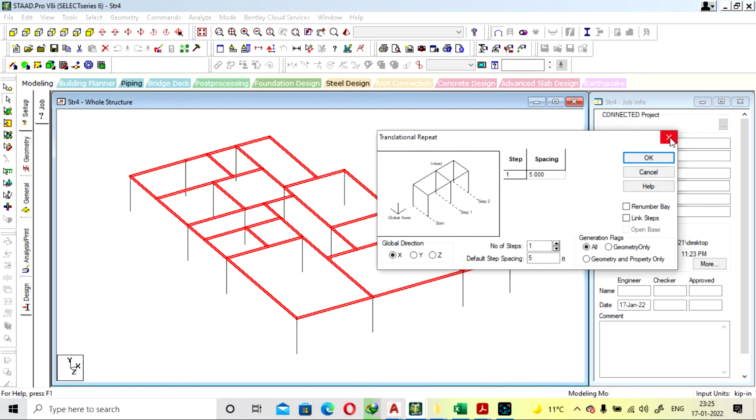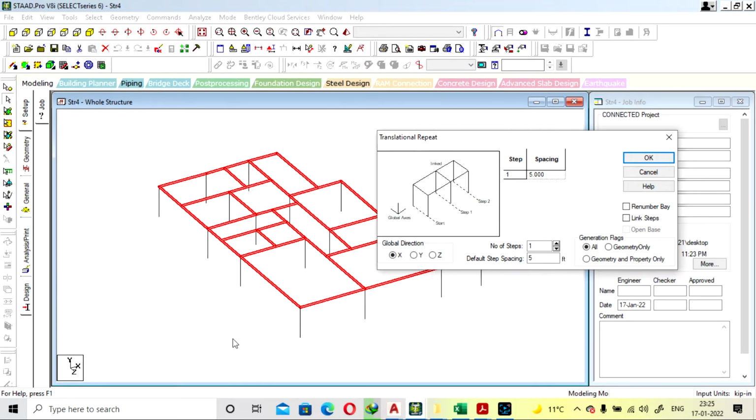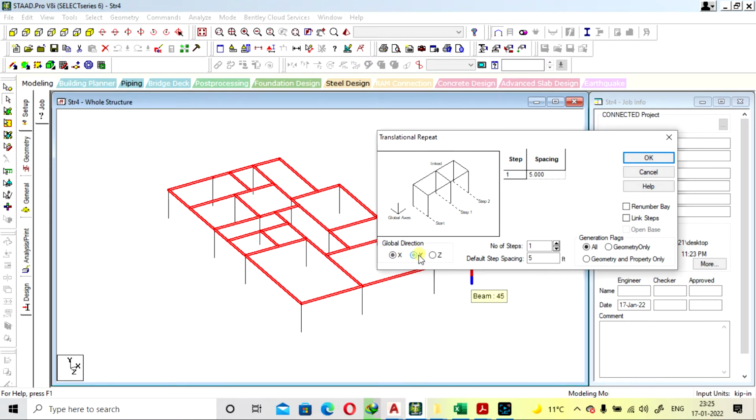Or one thing you could do, just provide all the loads, and after providing that you can copy that also. But now we are going step by step, so we are making the geometry right now. It will be in the y direction, and our floor height will be 11 feet. We can't link the steps right now, because if we link the steps, it will create columns in our secondary beam also, which we don't require right now.